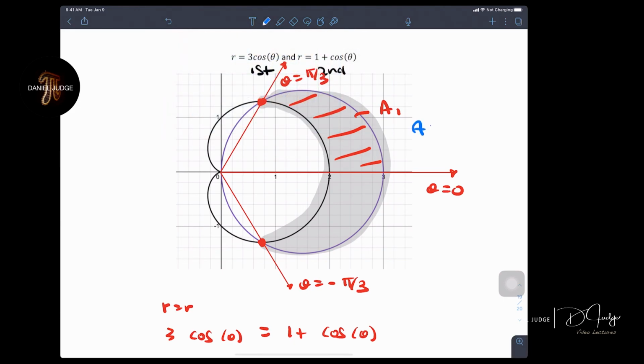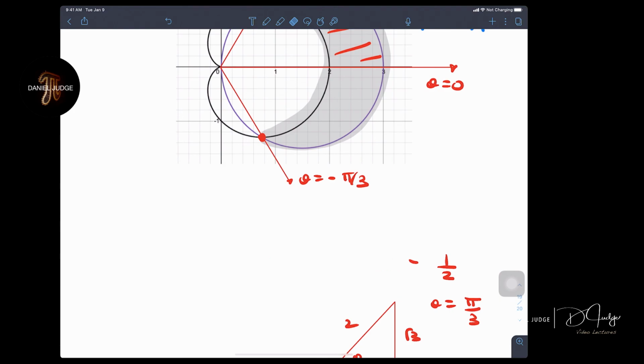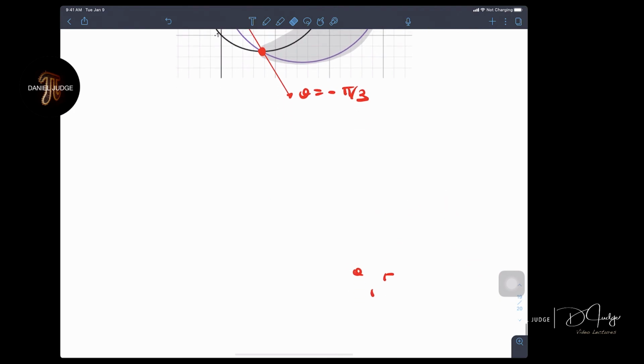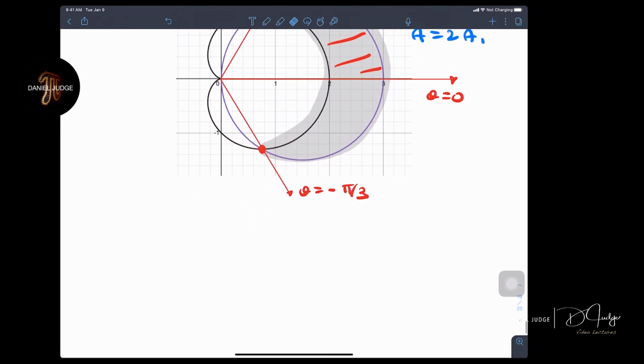So my area will be twice A1. Double that area. And that'll be from 0 to pi over 3 now. So I can erase all this work for finding the points of intersection. So then my area now becomes